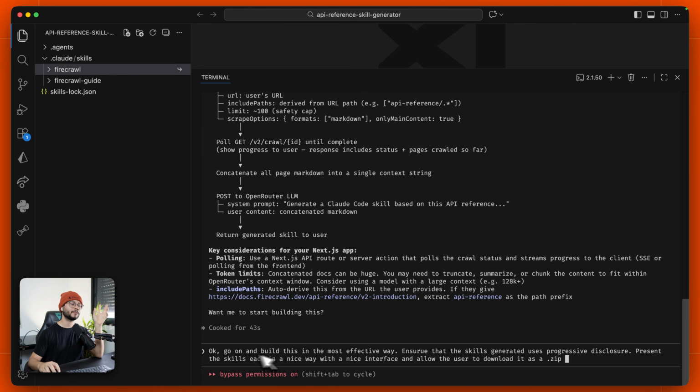Hopefully now my final prompt is, okay, go on and build this in the most effective way. Ensure that the skills generated uses progressive disclosure. Present the skills each in a nice way with a nice interface and allow the user to download it as a .zip. Honestly, you'd probably not need this first sentence, but a nice tip that I can mention here is